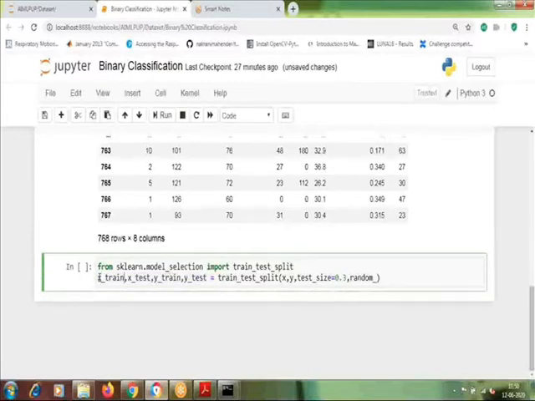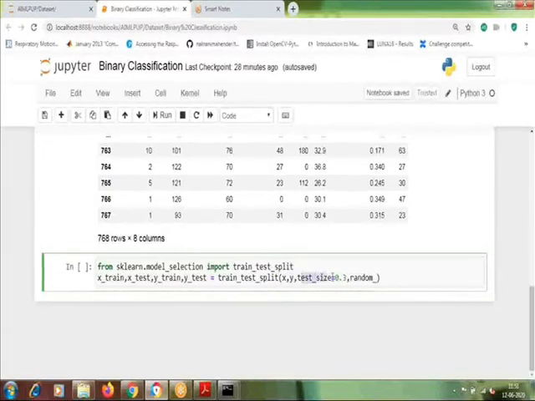First, the features are divided into 2 parts, train and test, so X_train and X_test, and then the label will be divided into 2 parts, train and test, so y_train and y_test. Then into the train_test_split function, you need to mention which variable has the features, that is X, and which variable has all the labels, that is Y.